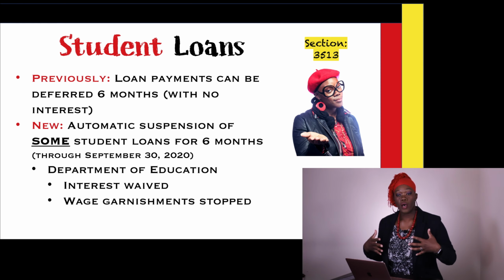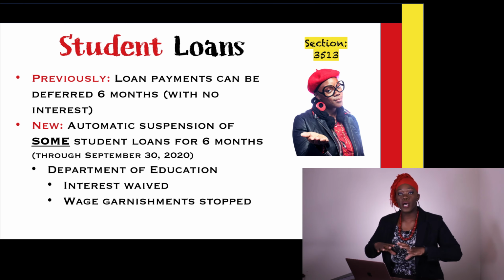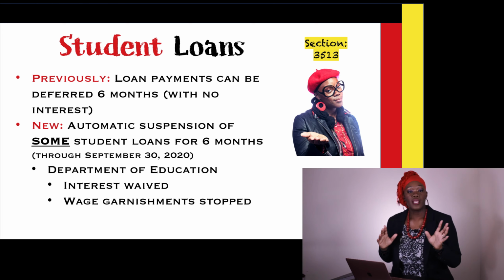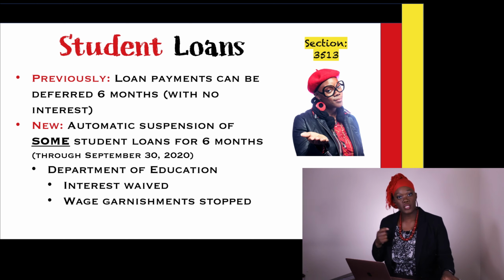And if you have any wage garnishments that are currently in effect, those will be stopped for this period as well. Additionally, it's not on the slide, but my understanding is if you are a nonprofit worker and you're in that program to get rid of your loans, each one of these payments, these 6 months, will continue to count towards that.